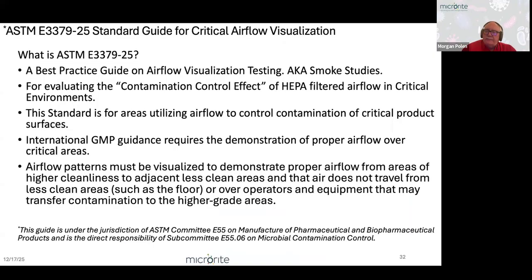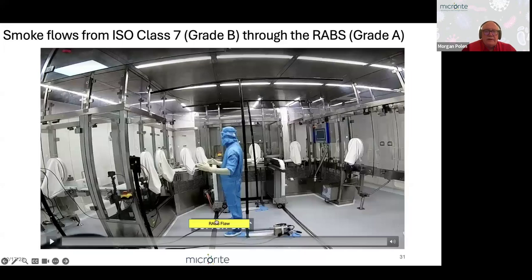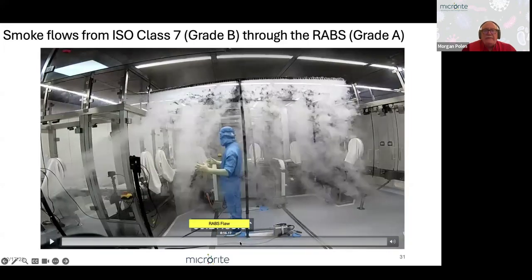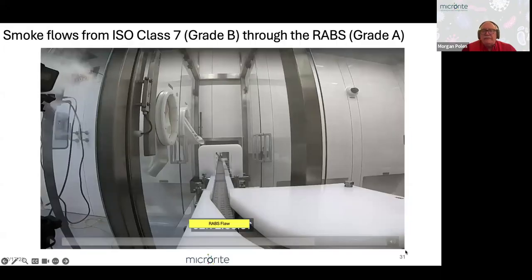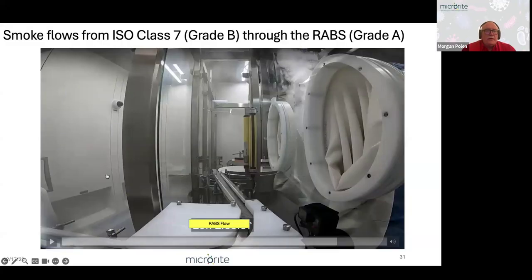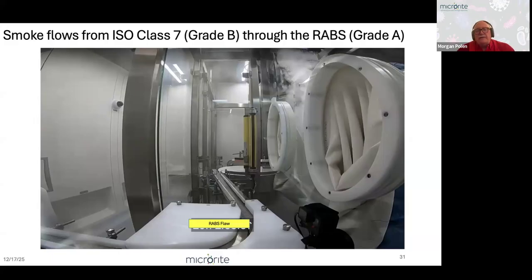And the reason it's happening, I wanted to pause that. I apologize. The reason it's happening, I'll stop it right about here, is you'll notice the air returns right over here. This is an example where we had a relatively well-designed clean room. The RABS is okay, but the integration of the filling line, the enclosure, into the clean room